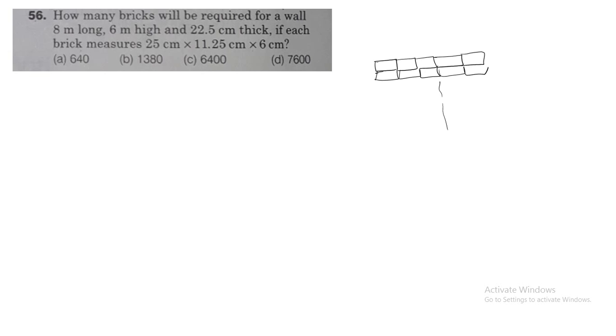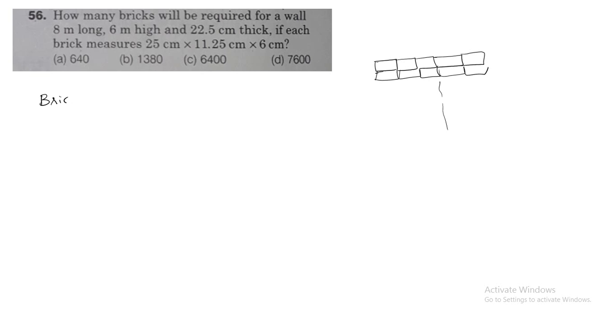Now the size of a brick is given. So the brick will be in the shape of a cuboid, right? The size of a brick is given in centimeters, whereas the wall is given in meters as well as centimeters. When you have different units, we cannot multiply. So what we should do is change them into the same units. Now what is he asking? How many bricks will be required for the wall? So how many bricks are required means what can we do?